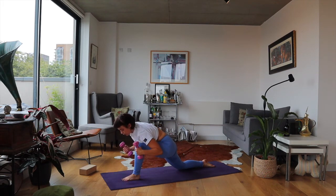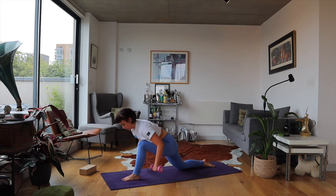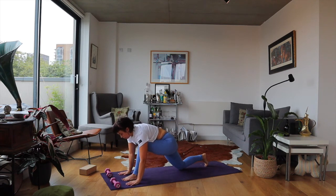We're taking the weights into our hands, and maybe they're even touching, if you have dumbbells, but under your leg. We're going to inhale, lift, and lower. Inhale, lift, lower. Lift, lower, lift, lower. One more, lift, lower. We're placing the weights at the front of the mat, tucking the toes, lifting the knee,